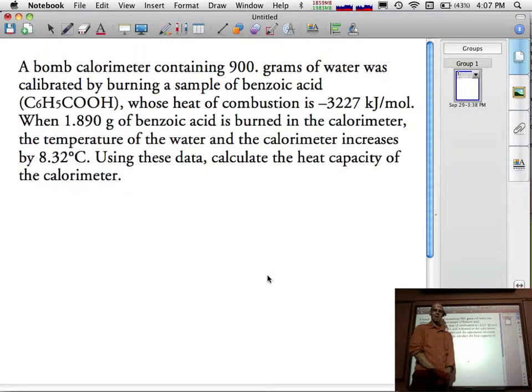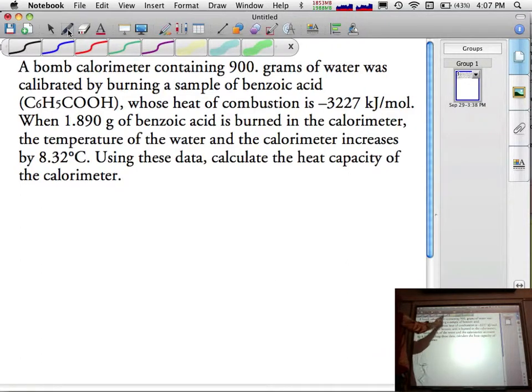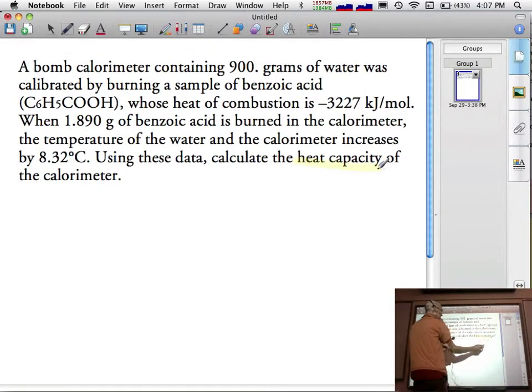So now we're going to look at a more complex calorimetry problem. How do we know this is more complex, one might ask? Well, I just said it's more complex. In addition, there's a couple other clues that it's more complicated. We're told that we need to find the heat capacity, so that clearly indicates that the calorimeter is absorbing some of the